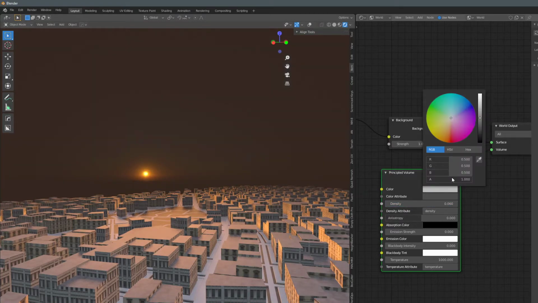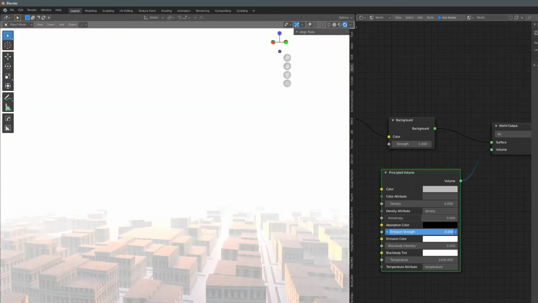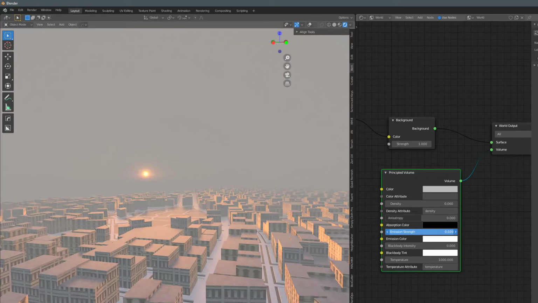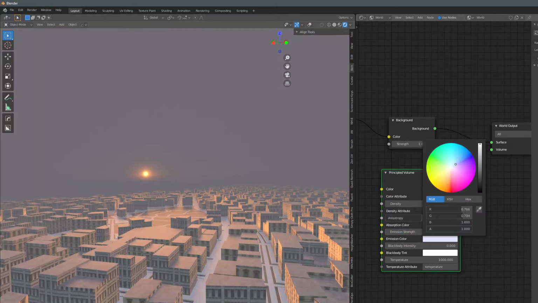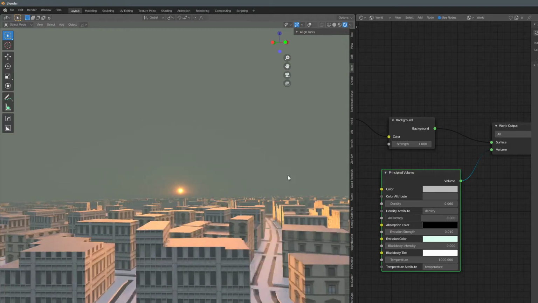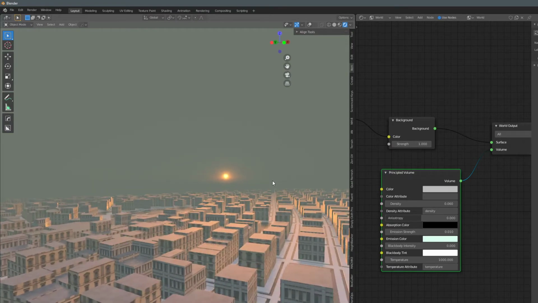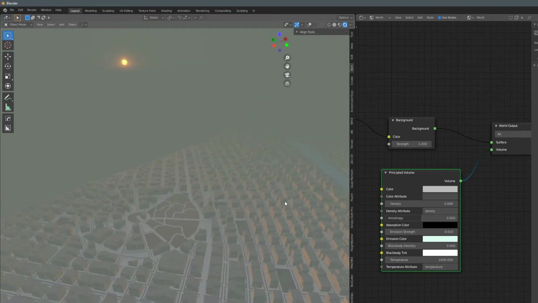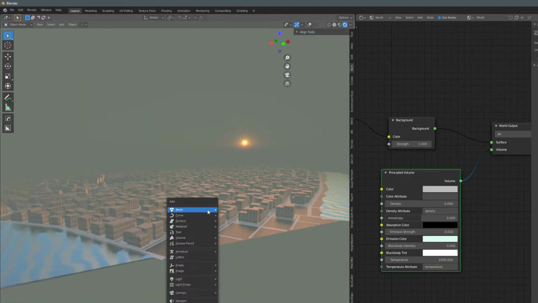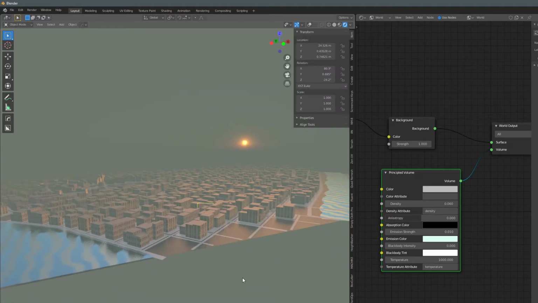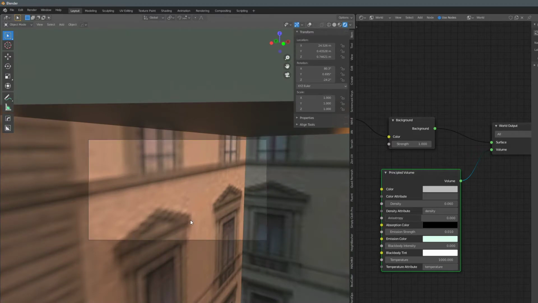We can change the color as well. We can add a little bit of an emission, so it's a bit brighter. Very foggy. We can change the color of the fog this way, like that. And now if we add a camera, Shift A, camera, Control 0, and we're going to use the